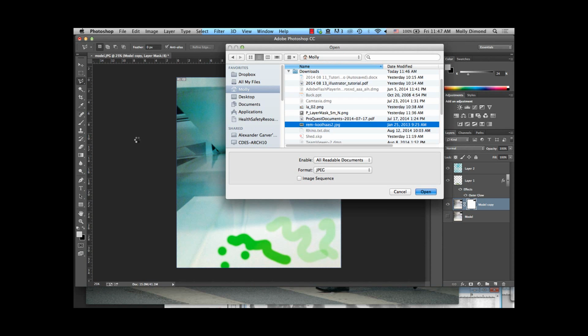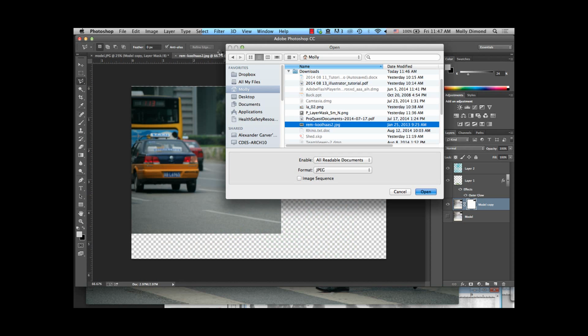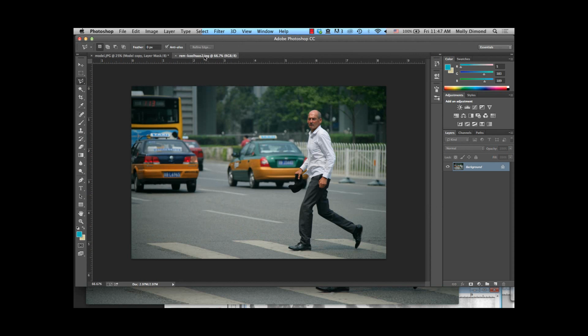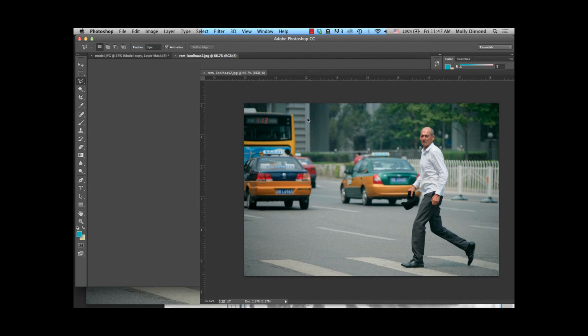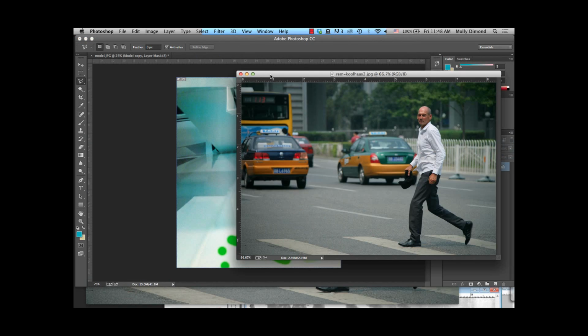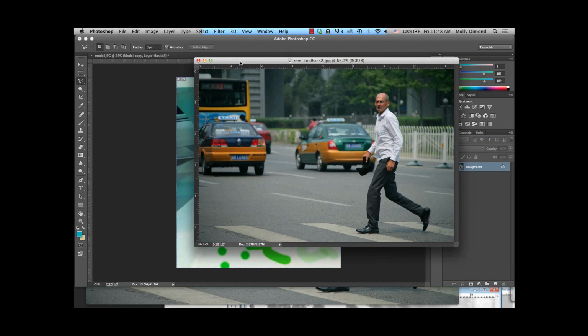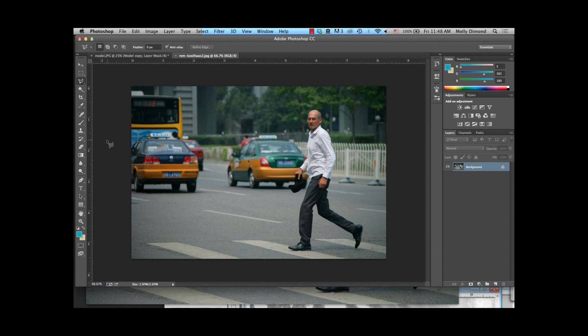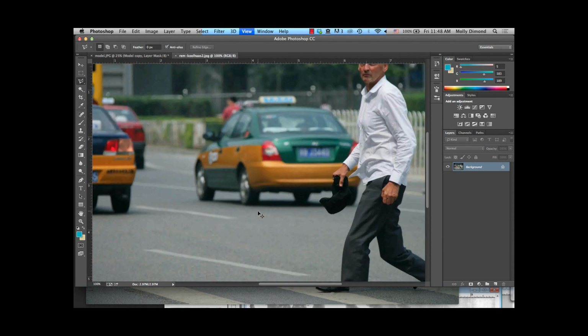So when you open a new file, it will either go as a tab or as a new window. But you can always switch one or the other by just holding it and dragging it out. So if you want to see two Photoshop files at once, that's the way to make it its own window. And I think you can just put it back in by that. Okay, so now we've got Rem. And the first method is the brute force method, which sometimes you have to do when the background is really intricate like this. Okay, so what you can do is zoom in pretty close,